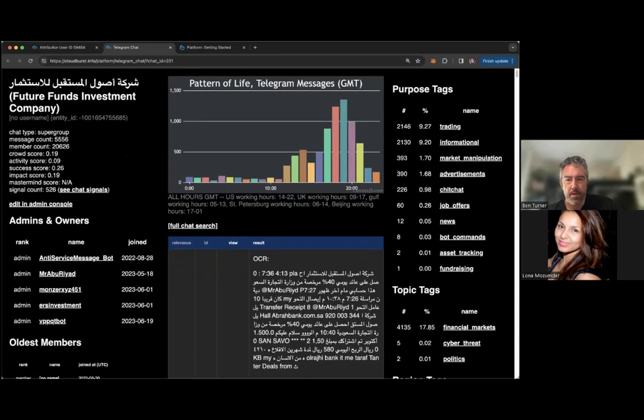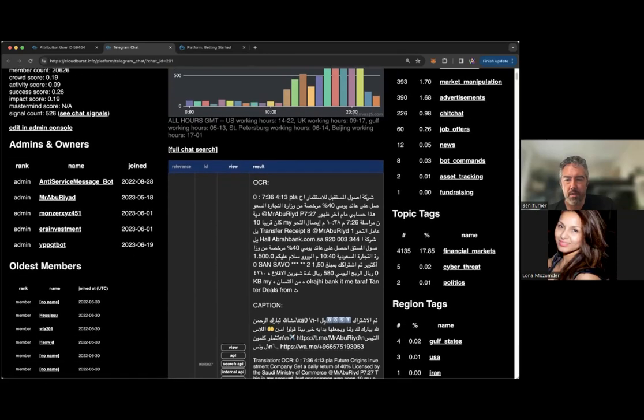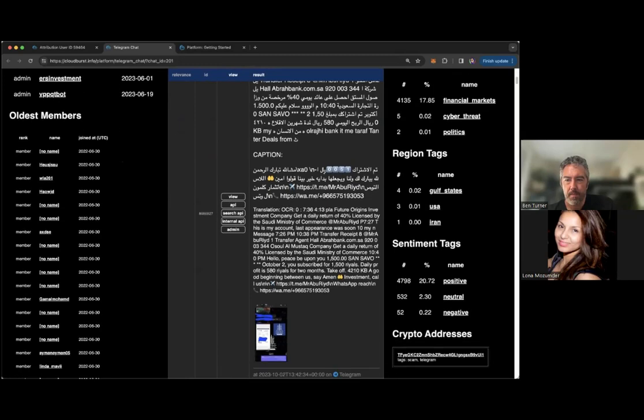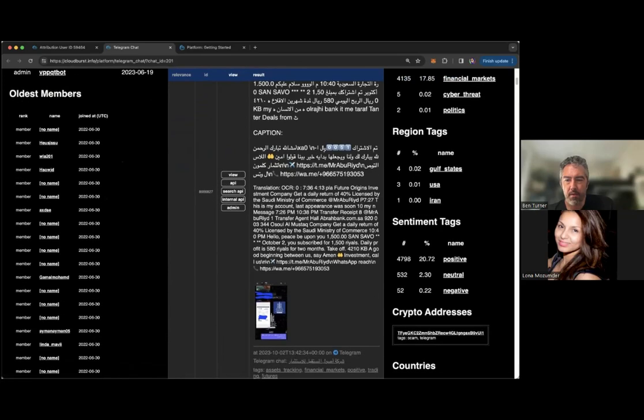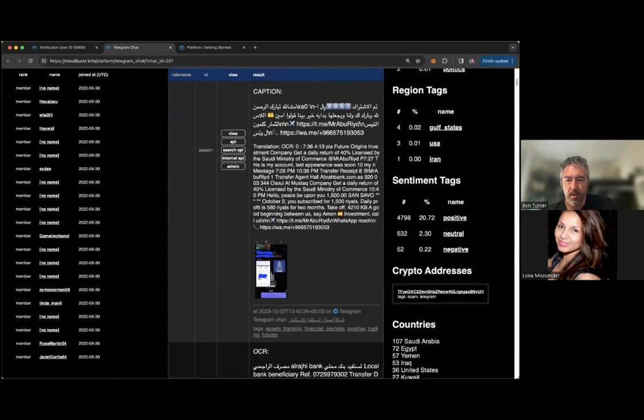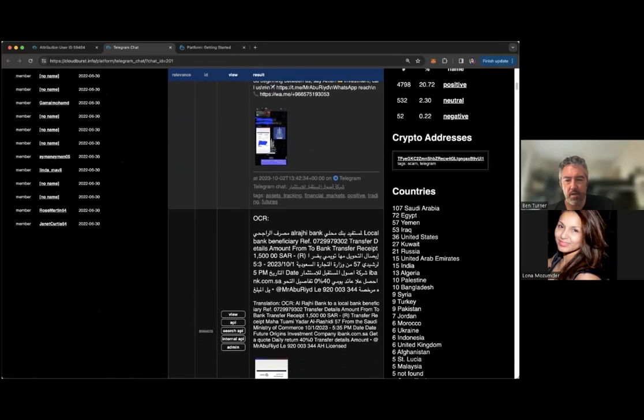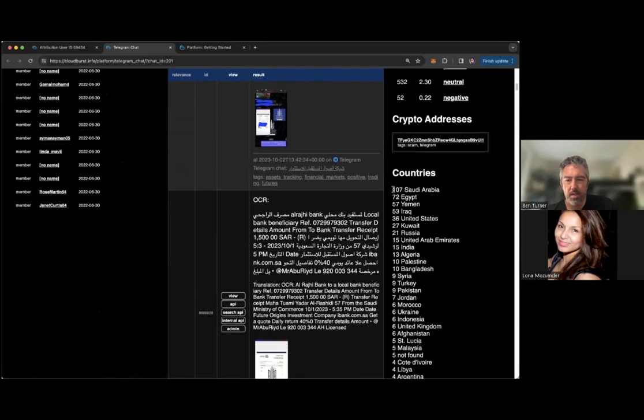Here's the composition of the different tags that we have. It's primarily to do with trading or information about the market. There is some market manipulation. It's almost predominantly financial markets and not some other topics that we cover. And there's only a few mentions of some regions. And not surprisingly, it's mostly positive because they're hyping or pumping or posting generally positive things about the markets they're involved in. You can see for some channels, the composition of locations for the people that are within it.